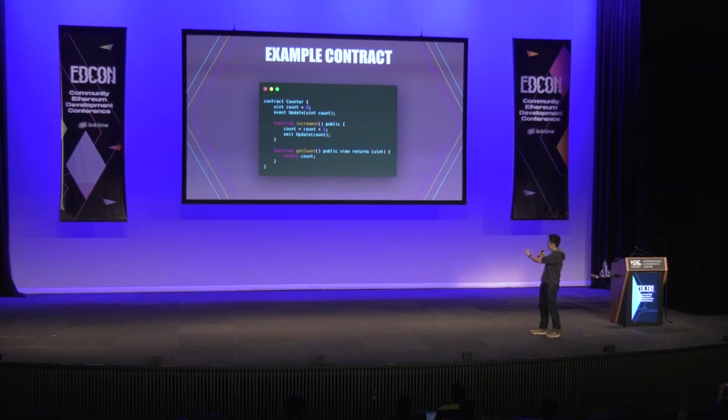So we have the counter smart contract. All it stores is a uint count of 0. Notice that it's not a public variable, so we've got to have the getCount getter function. We have that. And then we have the event called Update, which gets emitted every time the increment function is called. So very simple. You call increment, it brings up the number, and emits an event.